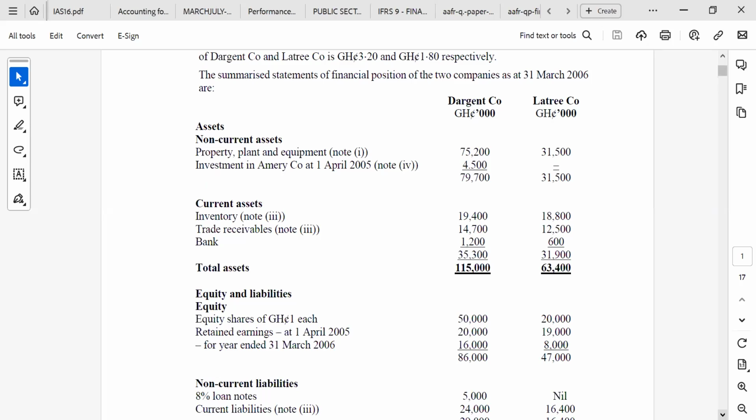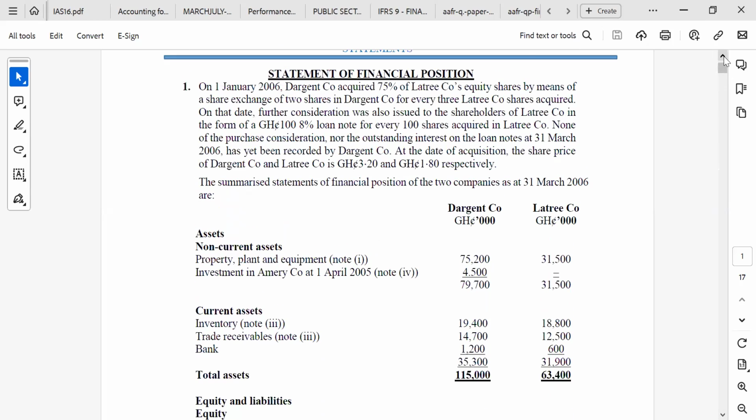The question that you have to ask yourself is, when are we preparing the statement? 31st March 2006. When was the acquisition done? 1st January 2006. How many months to the reporting? How many months to the reporting before we acquire them? 9 months. So it means that the retained earnings at acquisition should be the opening balance plus 9 months